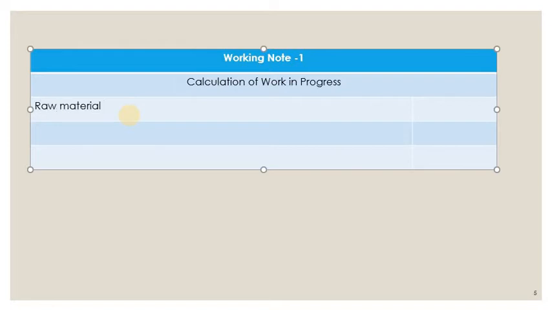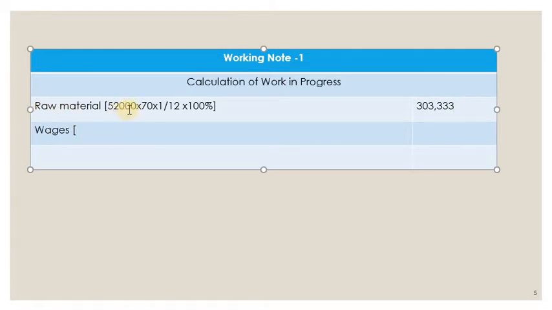So raw material, so how much is the production units? Units of production is 52,000. Then into what is the price of raw material? It is 70. Then into 1 month, that is work in progress is for 1 month, so 1 by 12 into 100%. So 100% of raw material should be taken. So what is the value? So it is 3,03,333.